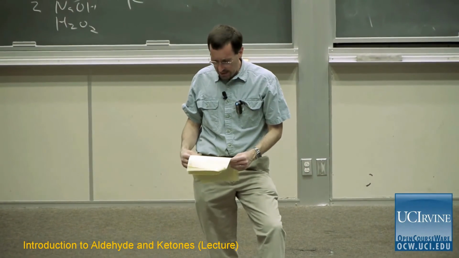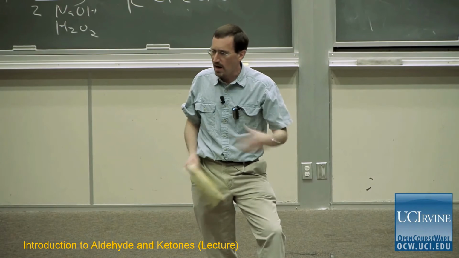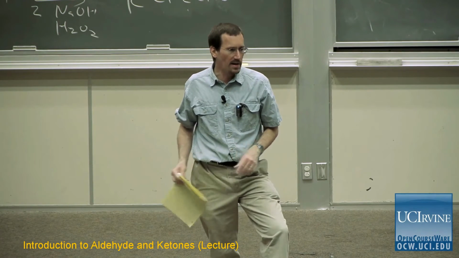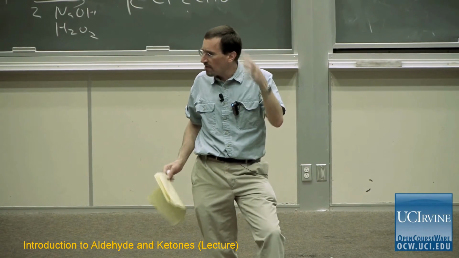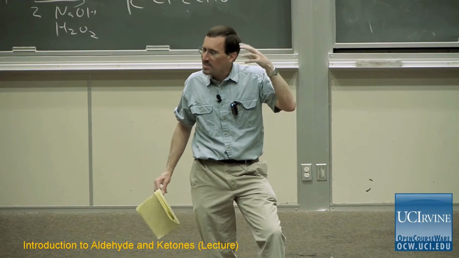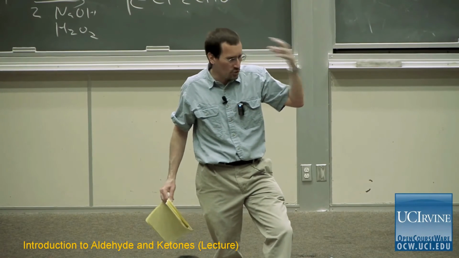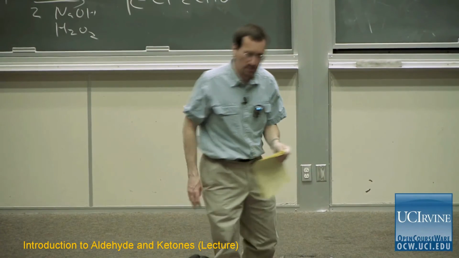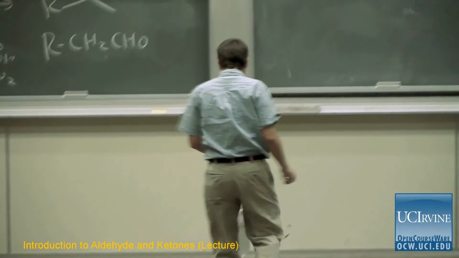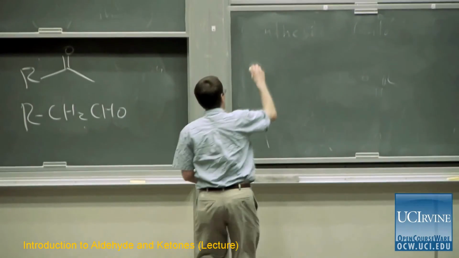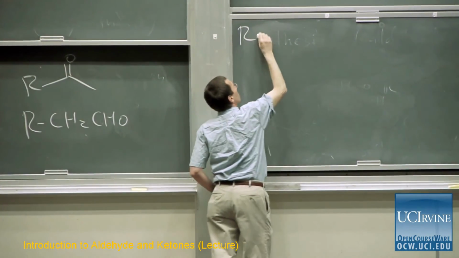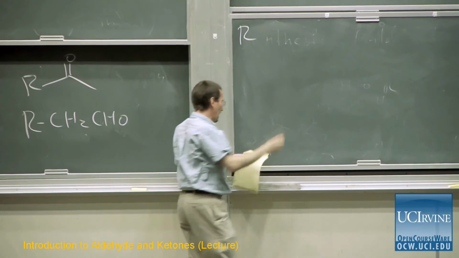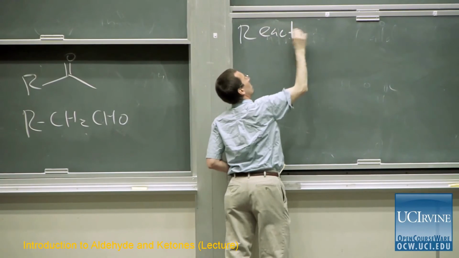And one of the concepts that I've been harping on and will continue to harp on is the notion of pKa as a way of thinking about strength of a base or strength of an acid or strength of a nucleophile. So when I think about the reaction of carbonyl compounds, and particularly ketones and aldehydes, with nucleophiles,